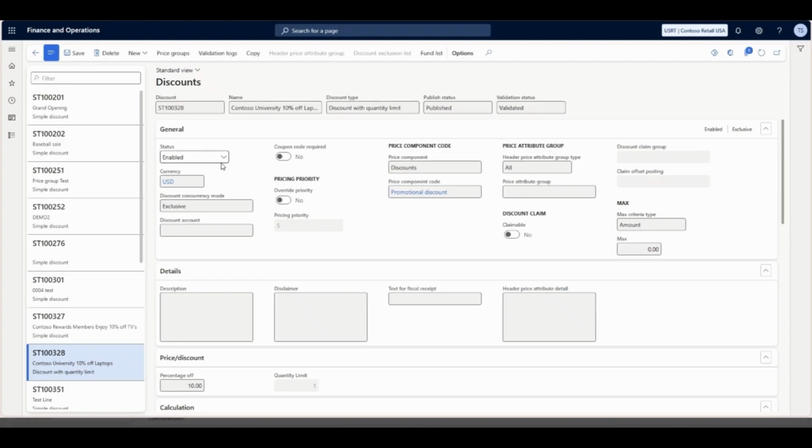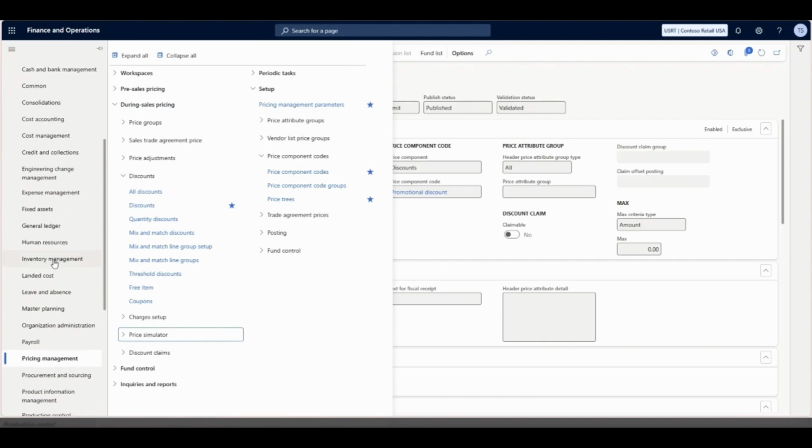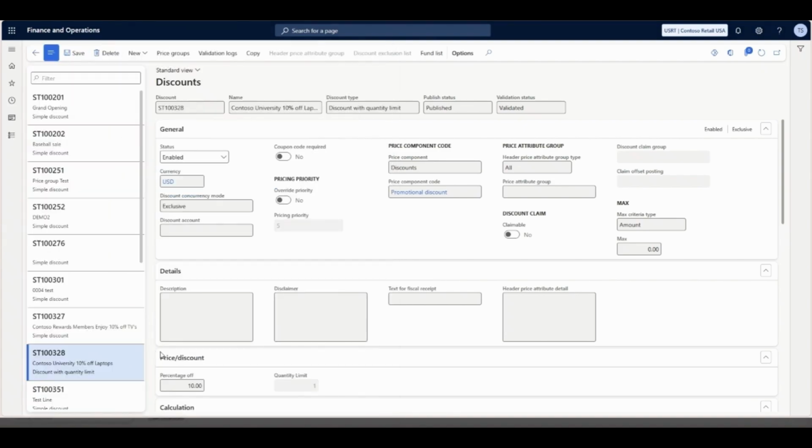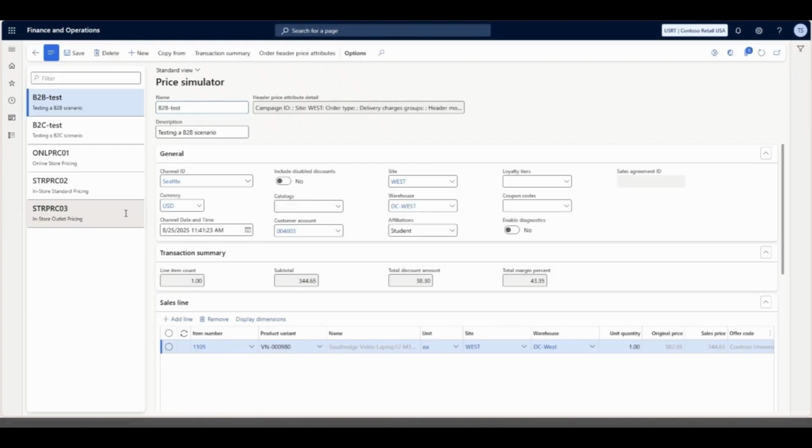Finally, let's try to test this out in the simulator. So first I showed you how to test this using a sales order, but there's also a simulator in the system. The simulator is under, again, the price management module, under the during sales pricing menu, and then there is a price simulator submenu, and there you'll find the price simulator. And here you can create various setups. So there's quite a few in here. I created 2 setups, one for the B2B test and one for the B2C test. And if I look at the B2C test, just as an example,